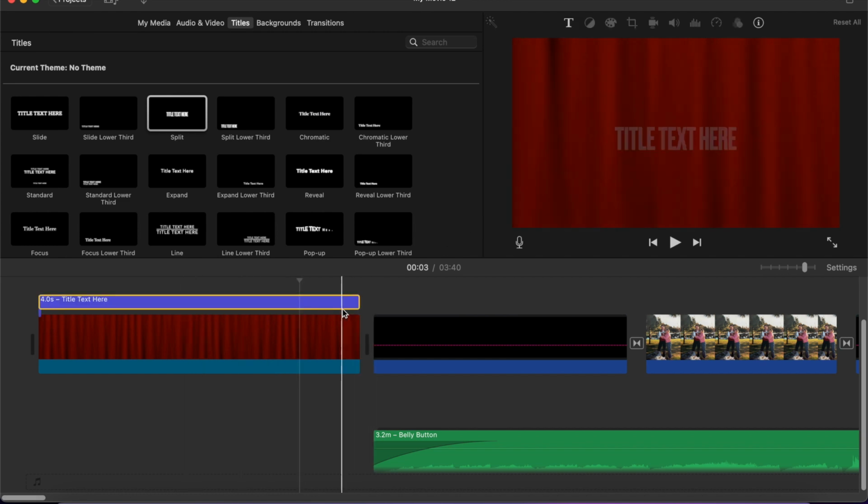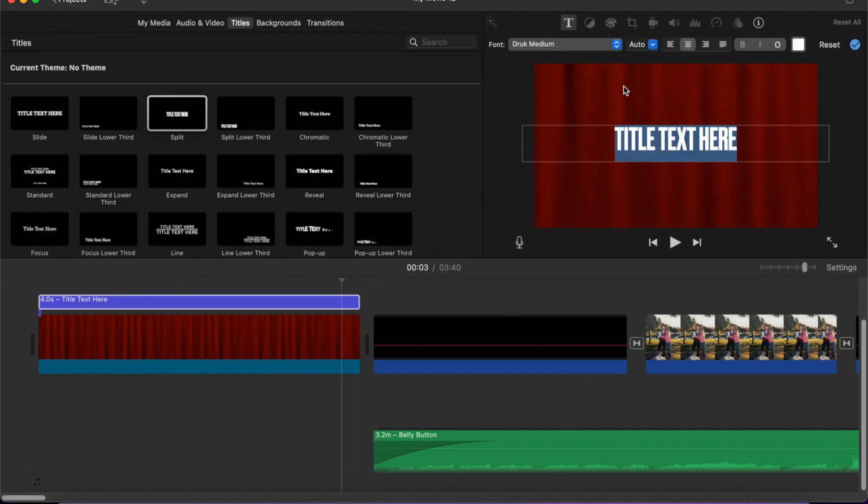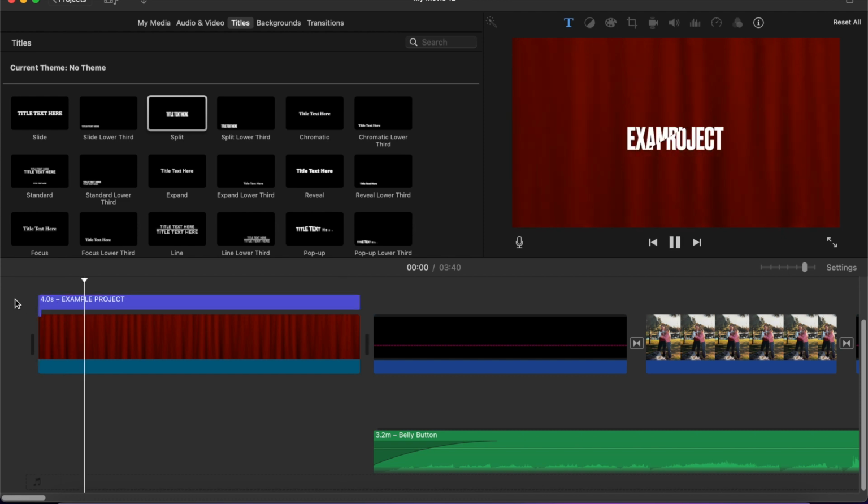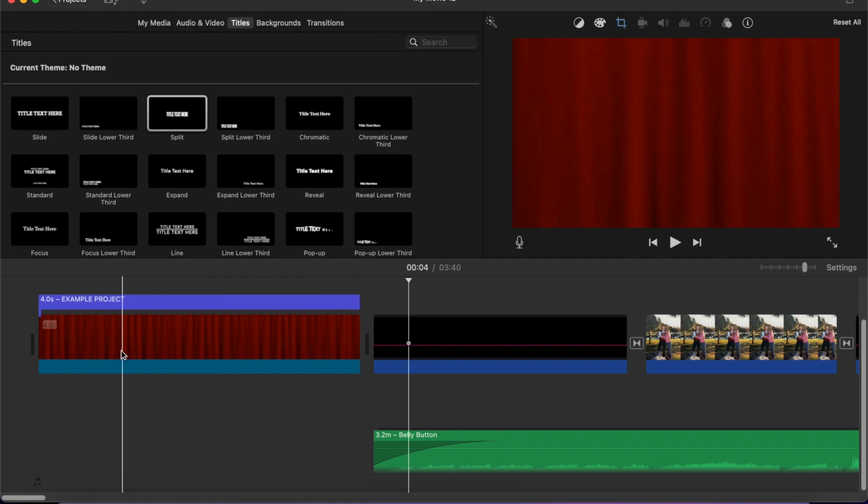If you want to edit the text, you can click on this text button here. And you want to click here. You can delete all of them. And let's say example project. So it's the example project. So now if we play this, example project. Now if we think that